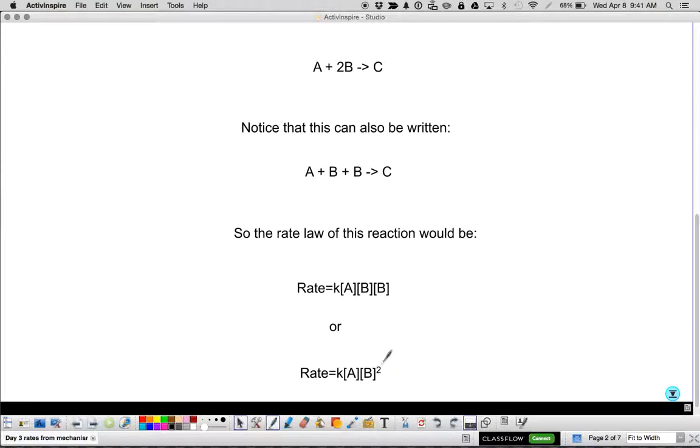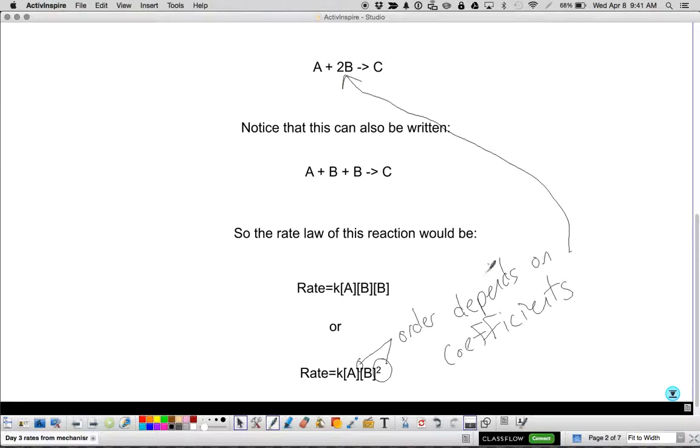Okay, so what I'm getting from this is that the powers on these, so the order of the reaction, depends on the coefficients of a mechanism. This is for a mechanism only. Notice last class we talked about how the order does not depend on coefficients for an overall reaction, only for a mechanism. This is really, really crucial. You got to keep this in mind. Okay,